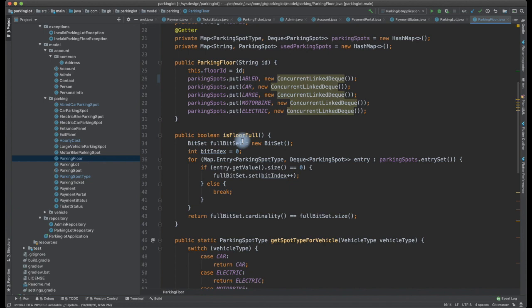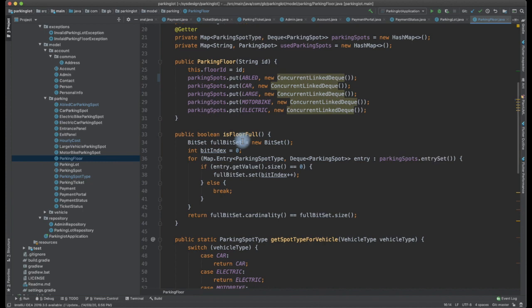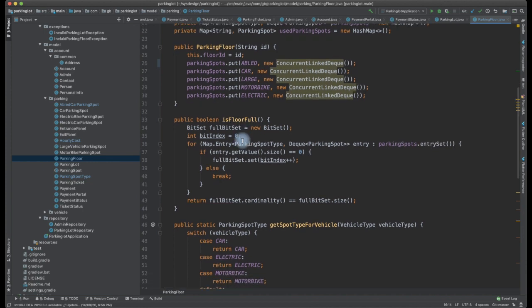A deque is a data structure where we should be able to insert from the front and remove from the front, and insert from the rear and remove from the rear. So if we need a farthest parking strategy, we should be able to insert at the rear. Now if we have to insert in the front, we should be able to do it. This can be done in O of 1 operation. That is why I am using a deque. I hope that this justifies the use of it.